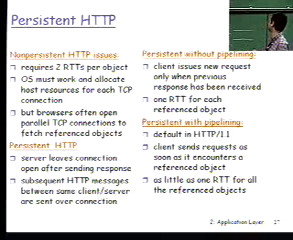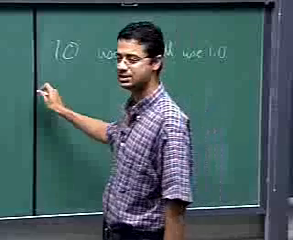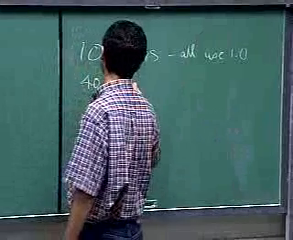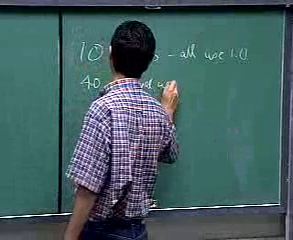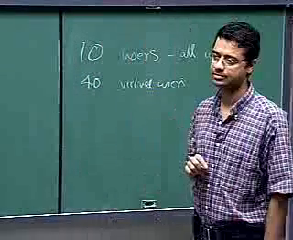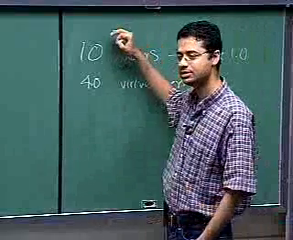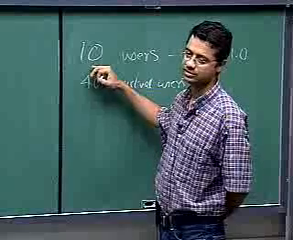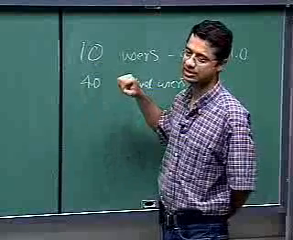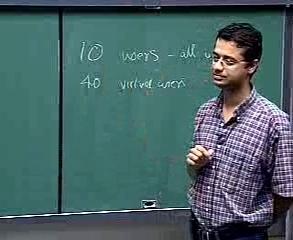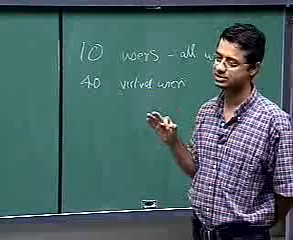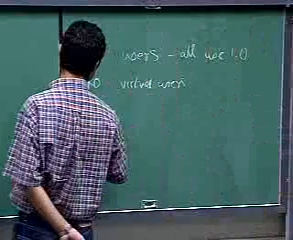So if you have 10 users and all use 1.0, then this becomes like 40 virtual users. So even though you have a 4-way split, you are getting 1/40th of the resources of the server, and you lose the benefits of pipelining and persistent connection. On the other hand, if you have 10 users